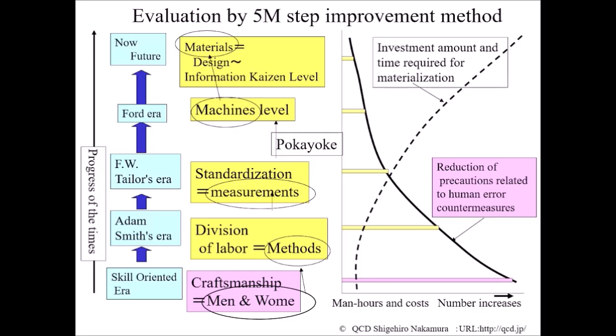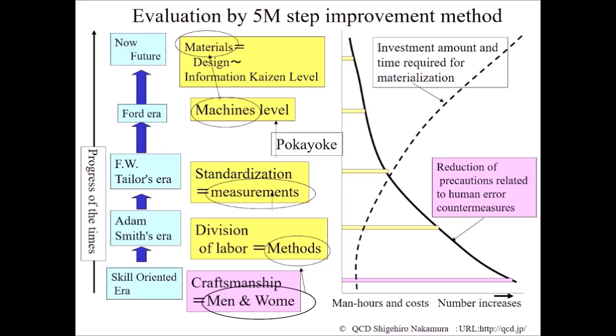The horizontal axis of the graph on the right side of the figure is the man-hours for training workers, the degree of defect occurrence, and the amount of investment. The solid line curve on the graph depicts the situation where work and training loss is reduced by the change and improvement of 5M. The dashed curve is an image of the investment amount required for improvement. When you use this 5M step method, in the case of this example, you will be able to find